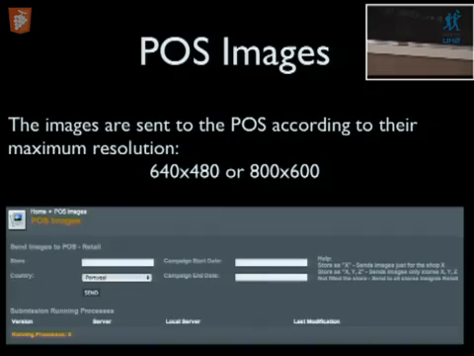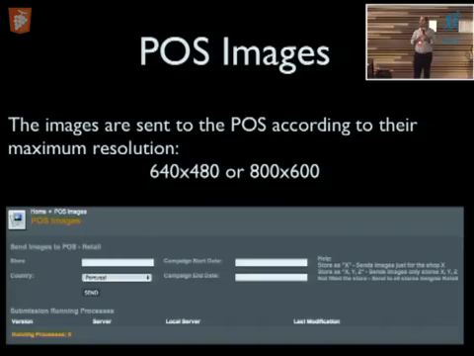If they don't pick any store, the image is sent to every store of that chain. If it is a campaign type, they have to put a start date and end date, and after the end date, the process will put the original image back.